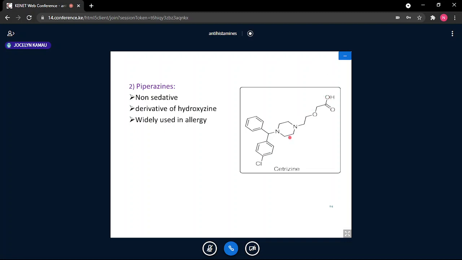So the only difference between cetirizine and hydroxyzine is that our alcohol, a hydroxyl group, has been further oxidized. Of course, first it will go to the aldehyde, and then it goes to the carboxylic acid, with retention of activity and improved activity of that drug, because you can see here, this will undergo ionization at physiological pH. This will be protonated at physiological pH, so that you carry the positive, you carry the negative, zwitterionic,